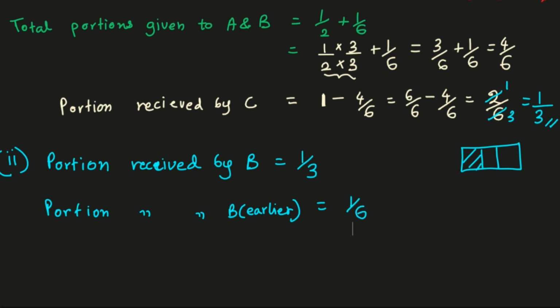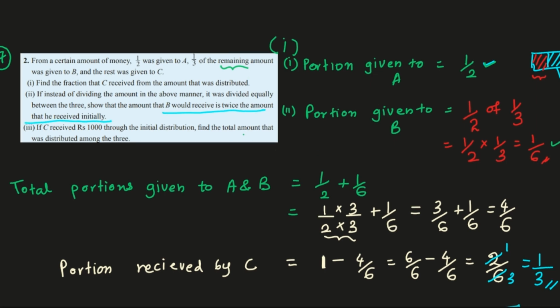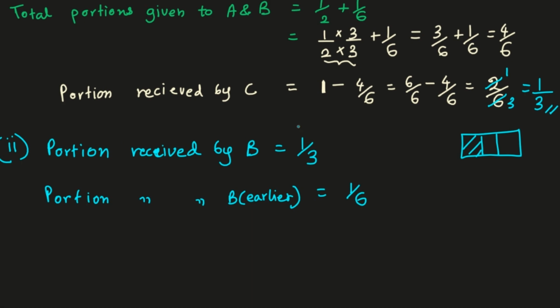They are asking you to show that the amount that B would receive is twice the amount that he received initially. So we know that the portion he received earlier is 1 upon 6. So twice the earlier portion